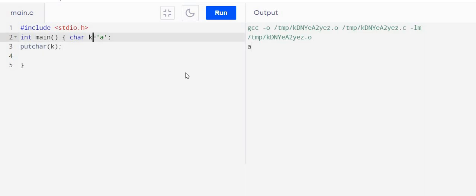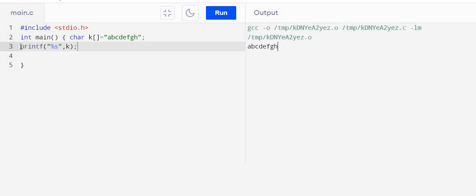Now suppose we give a string. So this is a string. Suppose we define a string, and the string is defined in double quotes. Give any message in the string. Suppose A, B, C, D, E, F, G, H is the string. Now one way is our normal way, printf, %s for string, and what is the name of the string? K. So the string will be printed at the output.